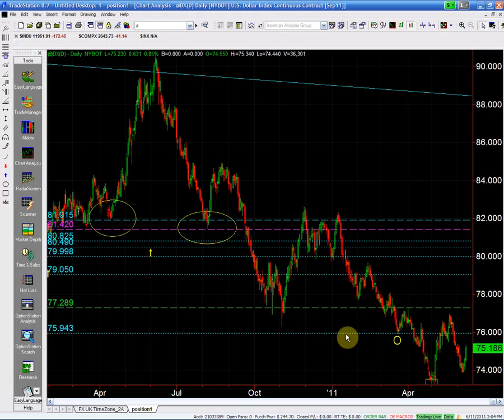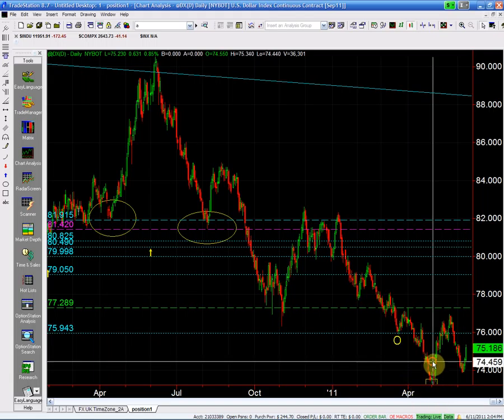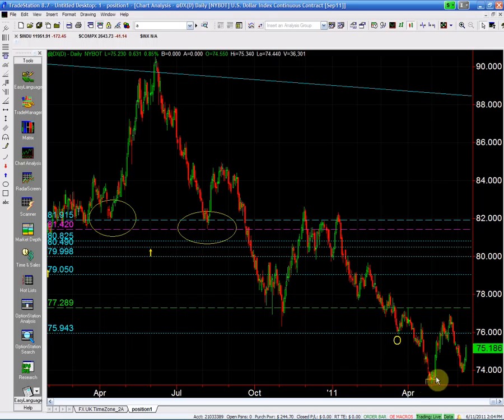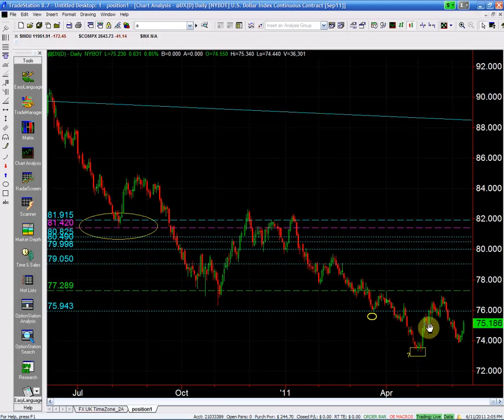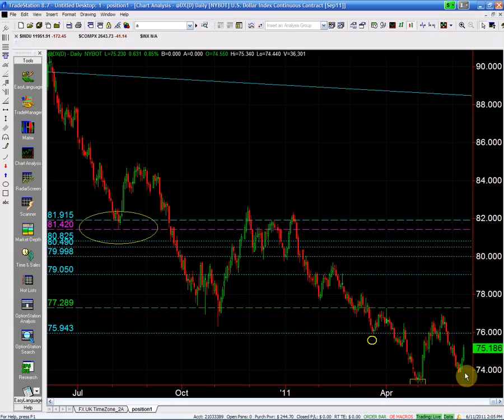We set up the low back around mid-April, beginning of May, which had an accumulation for several days, and then we began the move up, taking us pretty close to the 77.28, which was the prior reference point. And then of course we sold off again, going all the way down to the low that was set at the beginning of this week, which is at or about the